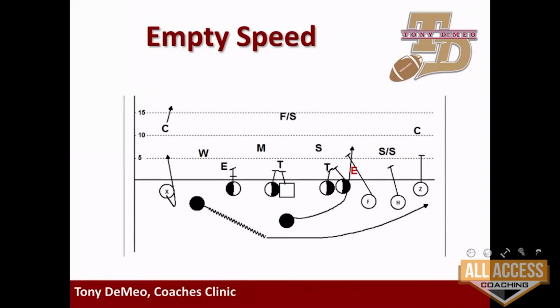Now, most likely, again, because we use the same personnel, whether we're in empty or double slot, it makes it difficult for the defense to match us up personnel-wise. So, again, I've done a lot of these clinics, and somebody raised his hand and said, well, we wouldn't play an 8-man front. We wouldn't play a 4-4. We would play a 4-2 against empty and play 5 D-backs. Well, that makes perfect sense, except I said, what would you do